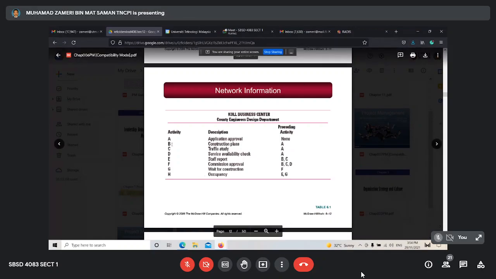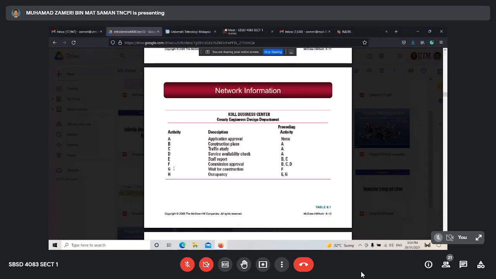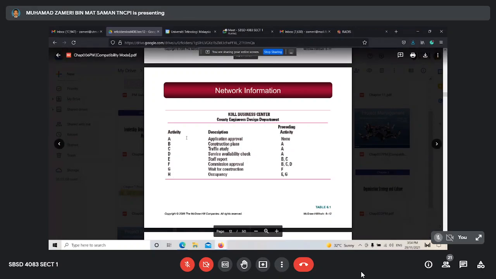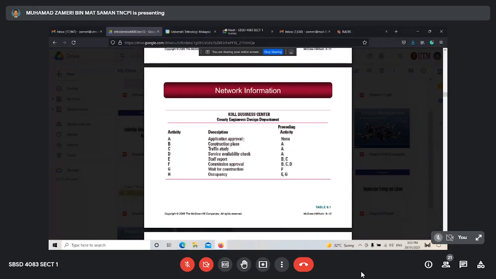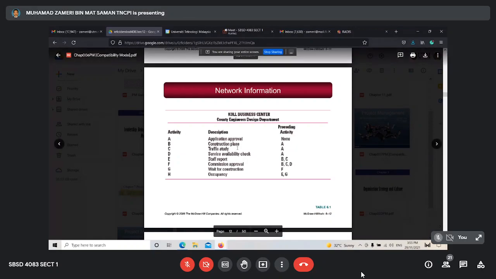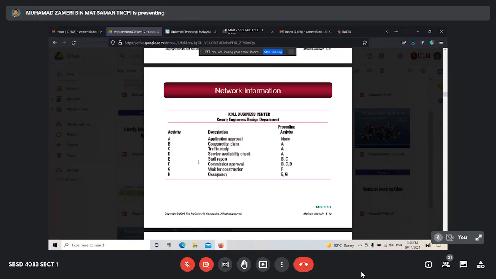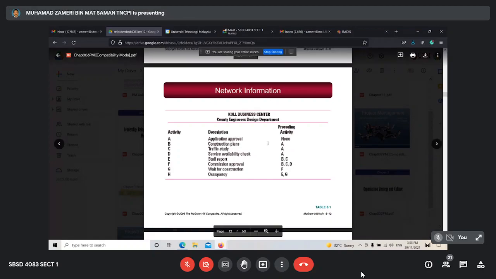I give the activity symbols A, B, C, D, E, F, G, H, and then what is done by A? A is an application approval. B is a construction plan, but we cannot use this because it makes your board too big. We just put A, B, C. But you need to understand A represents application approval, B represents construction phase, C represents traffic study, and so on. So this is the precedent